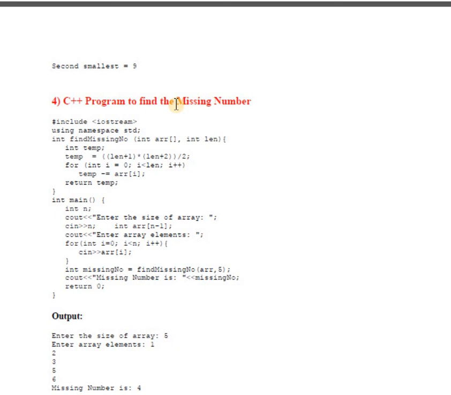Once we have the total, we remove the elements that the user entered from the total. This way, the remaining value is our missing number. This is the logic behind this program. You can solve this program by using another logic also. See the program.